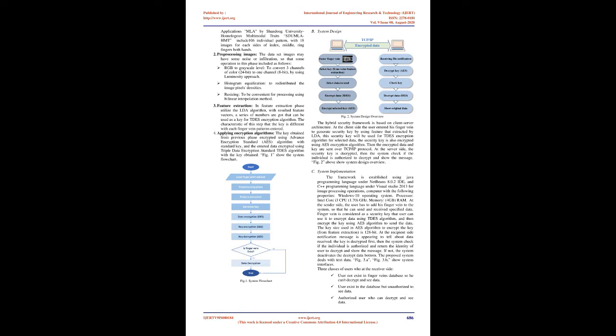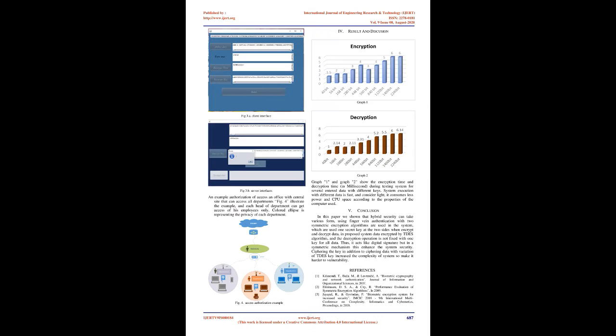7. 3. Proposed system. The proposed system idea is to use finger vein authentication as a security factor to generate a security key and merge it with two encryption algorithms, AES and TDES. A. System phases. Four main phases are involved in the system, as follows. 1. Finger veins dataset. Finger vein dataset images are used from an open source dataset presented by Shandong University, acquired by a group of machine learning and